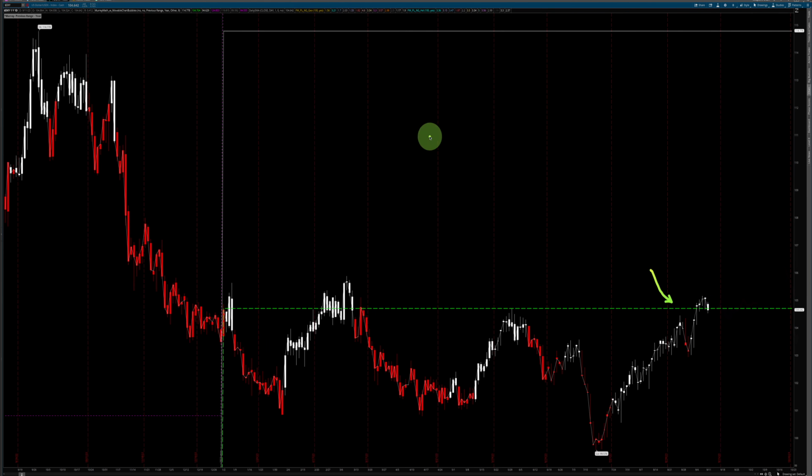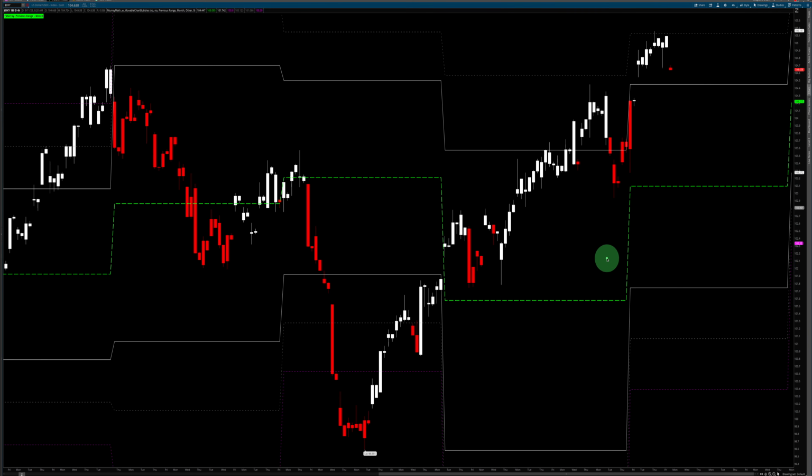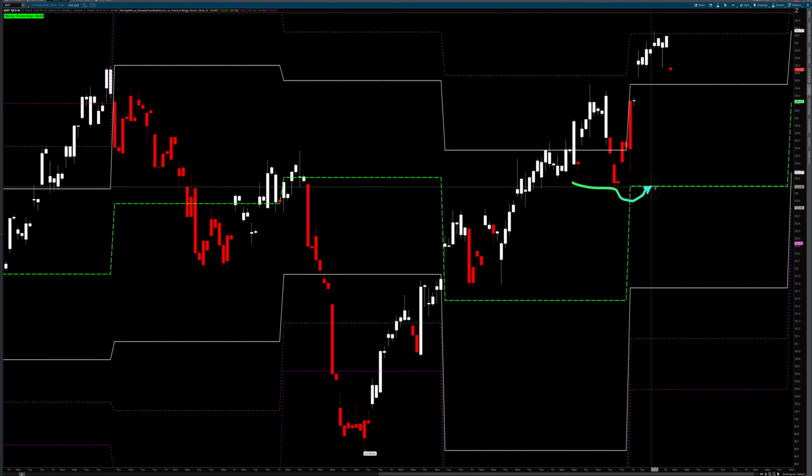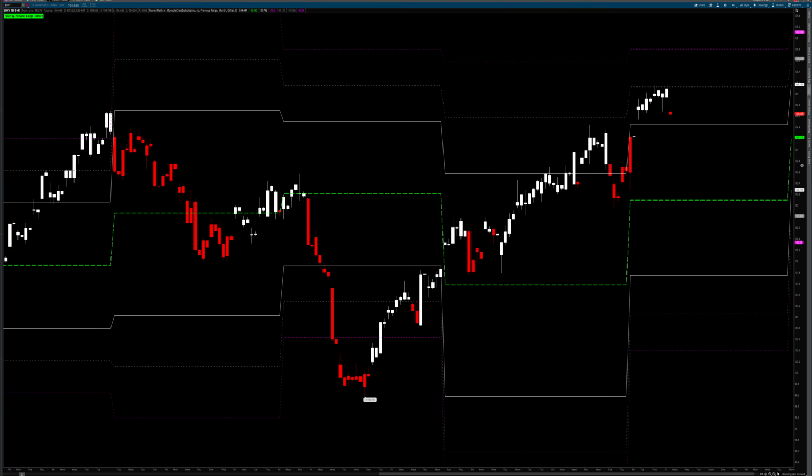But this is a key level you want to keep an eye on. Actually, this is not the monthly, this is the yearly. So this is the yearly midpoint. I take that back. The monthly is this one right here, and we are above it at 103.09. So that's good. I mean, we're very overextended, if you ask me.